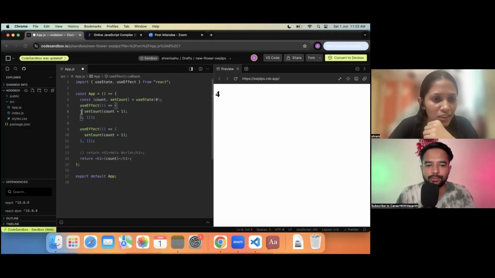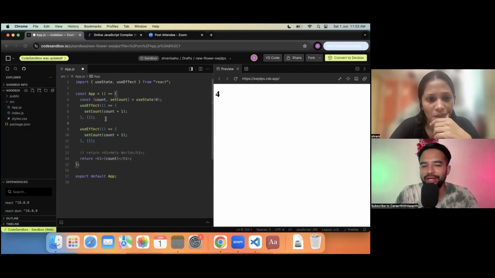What if I stop the flow at line number 6 and force it to become 1? How are you going to stop the execution at line number 6? Async await in JavaScript helps with that. Okay, you want to make the set count operation await until the setTimeout is done, correct? Yes. Actually, we came to a good segue. You tell me now how setState works behind the scenes. Is it a synchronous operation or an asynchronous operation? How is it going to work behind the scenes? I think it is an asynchronous operation.